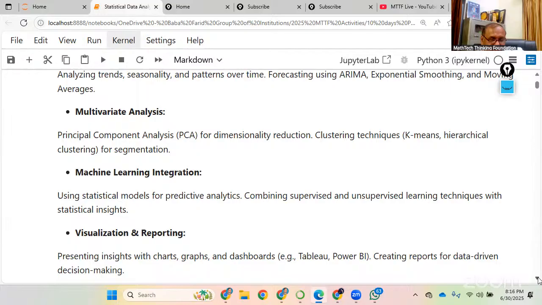After we do all the statistical analysis, we can apply the machine learning models, and I will try to present two or three models which are based on machine learning. And before that,